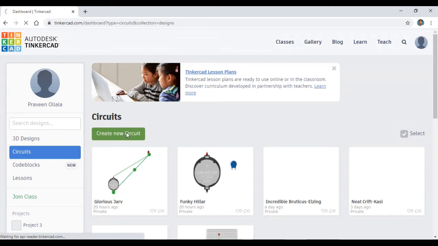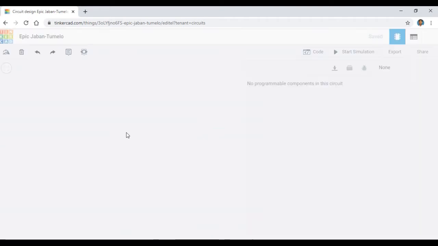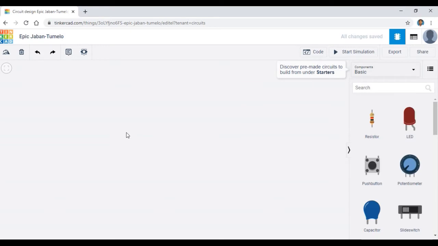If you click on create a new circuit, then the IDE environment, the platform, will be opened for you. In this you have so many options. These are editing tools, like rotate button, delete, undo, redo, hide.